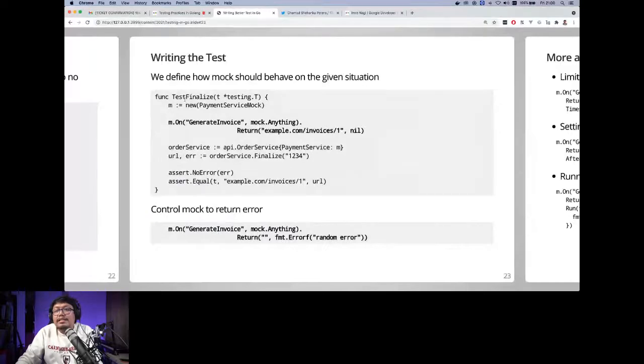And in the test itself, we have TestFinalize. We need to instantiate the mock by calling the new function, NewPaymentServiceMock. And then here, this is how we're gonna use the mock. This is defined by m.On. When a function named GenerateInvoice is being called with any argument, mock.Anything, this mock should return a value. In this case, it's gonna be,